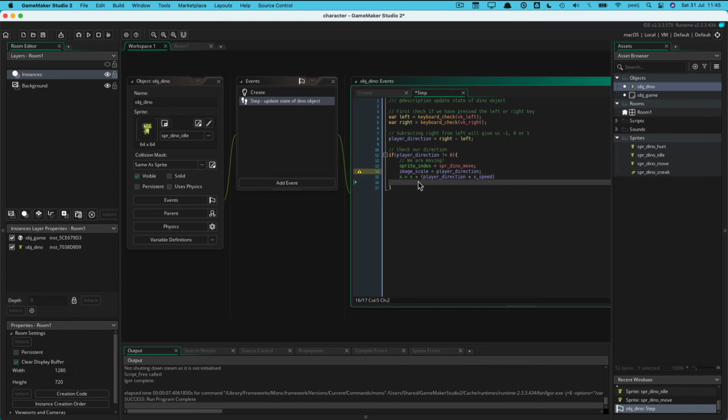I like this code. It's a lot. It might look a little more difficult than the last bit of code, with the keyboard events, but it's actually better. It is, seriously. Now we're going to say else, which is kind of like saying if player direction is different to 0, do this,